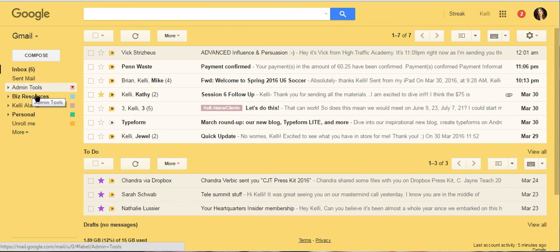These are called labels according to Gmail. In other email providers, they might be called folders, but there's really a key difference between folders and labels. A folder, like I had in Hotmail, would be more like you can assign one message to one folder. Think of a physical folder that you can open up and put a paper into. You can put one paper into one folder, right? You can't put one paper into multiple folders. So the neat thing about Gmail is that with labeling, you can actually take a message and put it into multiple labels. So for example,